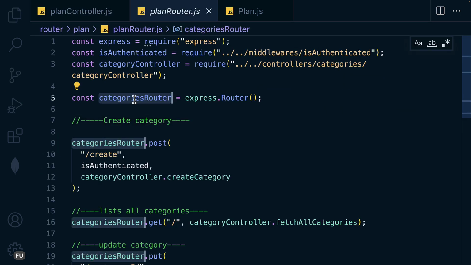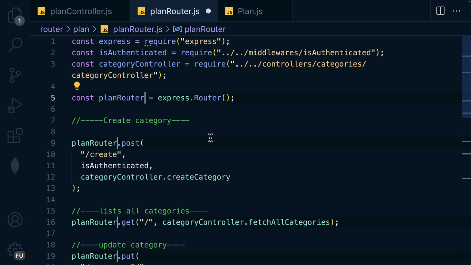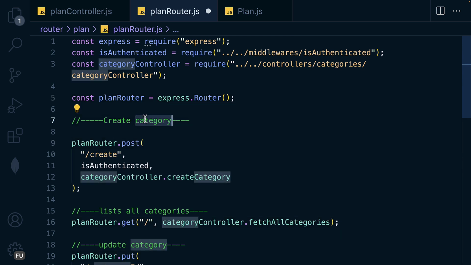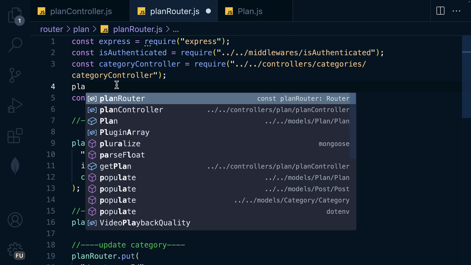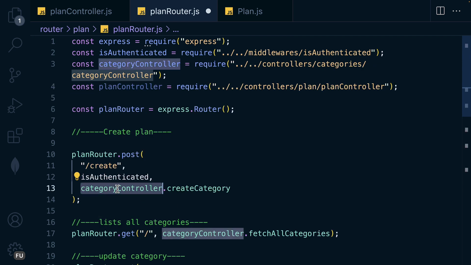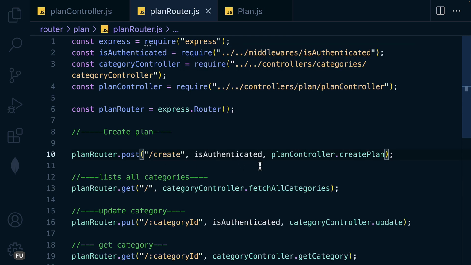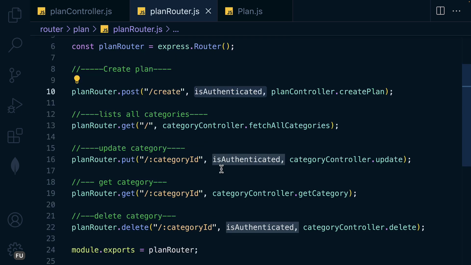Let's rename all instances of this to plan router, and here as create plan, and let's bring in the plan controller. So here as plan, and then dot create plan, and unless you are logged in, listing all plans,